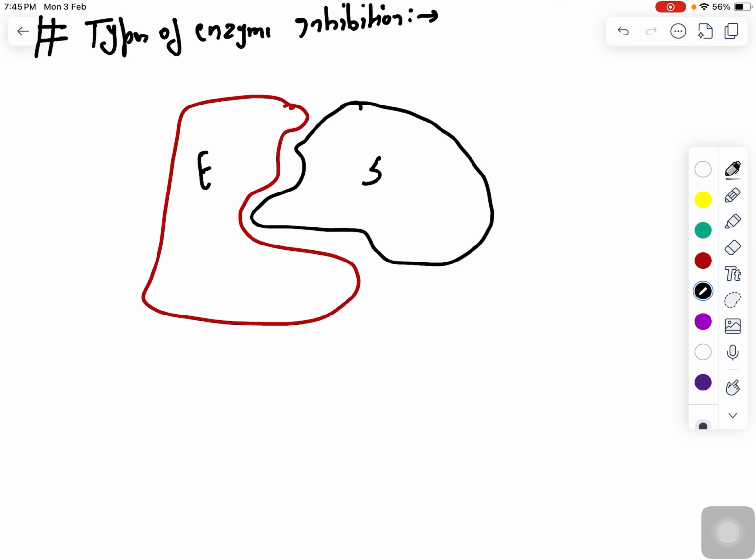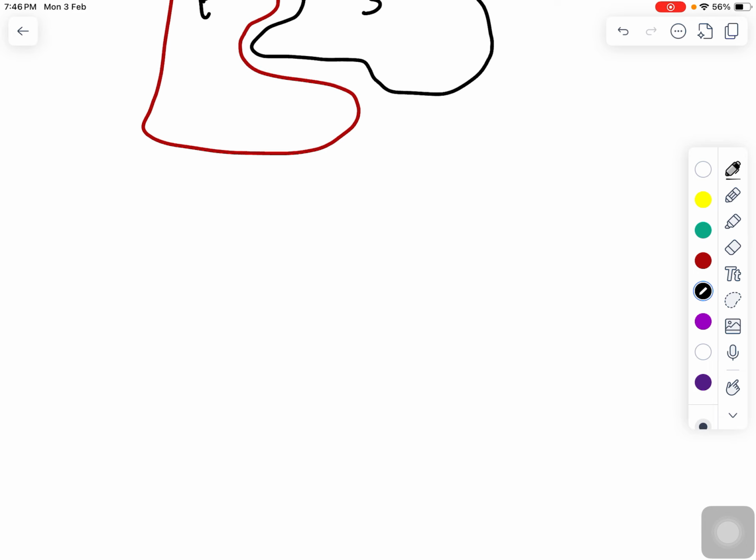Here you will see that the enzyme and substrate work as a lock and key model. When the enzyme and substrate come together, they get locked, the enzyme substrate complex forms, and the reaction proceeds. But if another molecule, the inhibitor, comes, it will bind with the enzyme also, and that will reduce the affinity of the substrate towards the enzyme. So this decreases the activity of the enzyme towards the substrate, right? In this case you can say that enzyme inhibition occurs